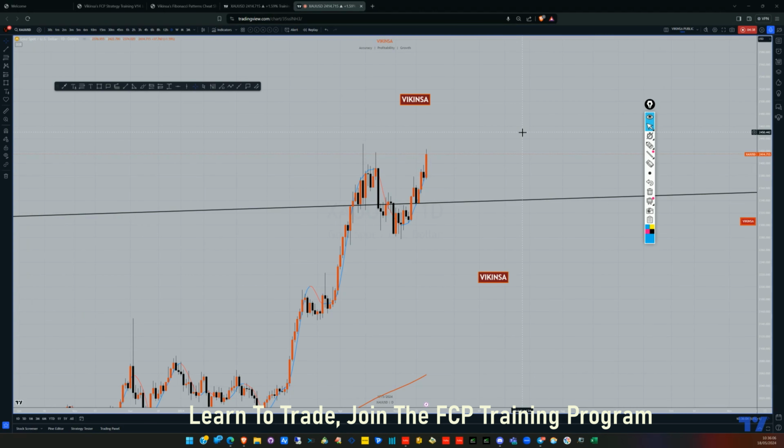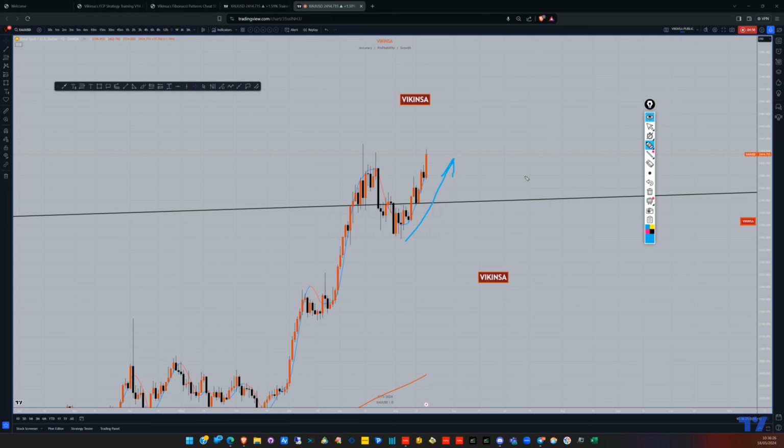support and resistance. They act as support and resistance. They are not actually support and resistance. They come from our FCP analysis, but they act as support and resistance. And it's not about who captured the biggest move. It is about the consistency. Who has been able to capture, let's say, 2 to 1, 3 to 1, or 4 to 1, or even 1 to 1 reward to risk ratio trades on a consistent basis, because that makes that person a winner, not the guy who can capture the biggest move all the time.